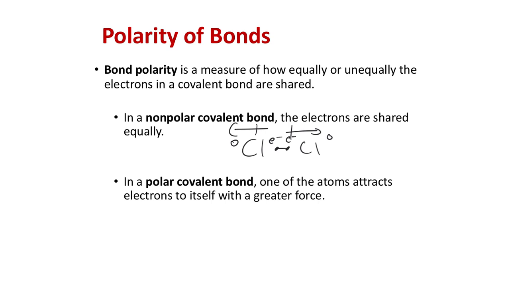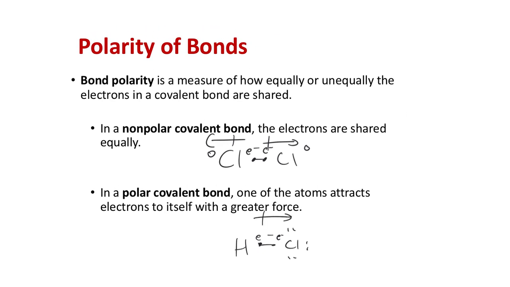and each of the atoms is truly zero charged as a result. If we compare swapping one of those chlorines out with a hydrogen, so HCl instead of Cl2, then now we have our two electrons here, and we can ask which nucleus wins the pull? Chlorine's going to try to pull electrons towards itself. So too is the hydrogen, but chlorine benefits by being more positively charged. Think of the relative electron affinity, the relative size of chlorine. Chlorine is going to be pulling electrons towards itself because it has a higher effective